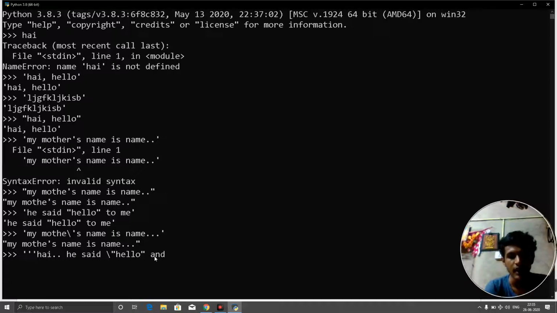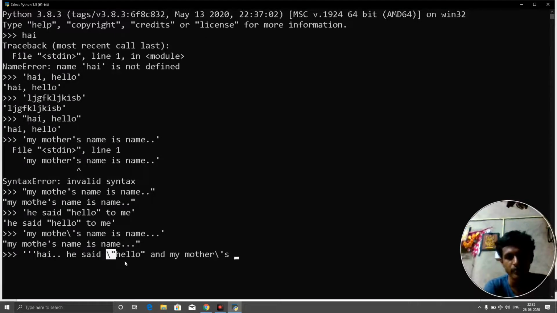and another sentence I will write, my emoji, and here we have to remember the special characters. These two you just consider as a single quote, and these two as a double quote.